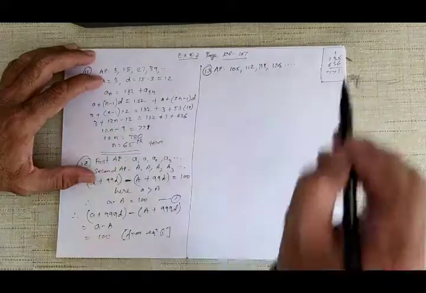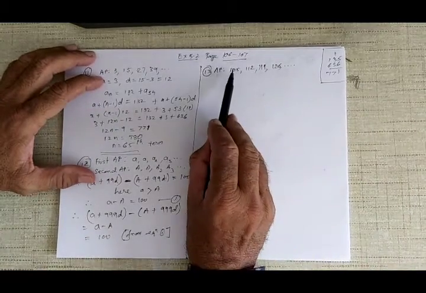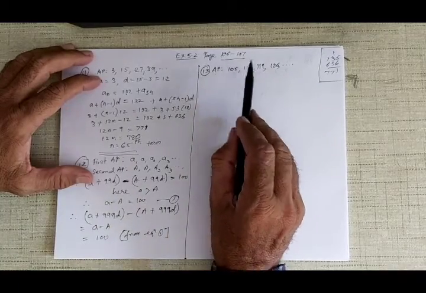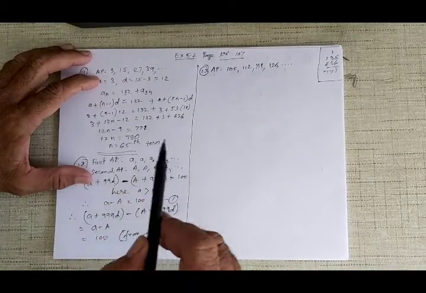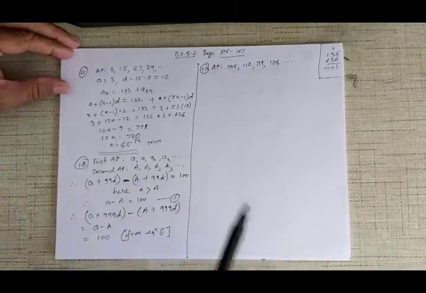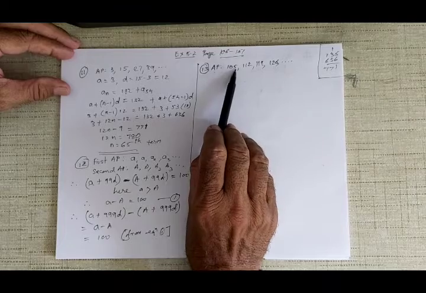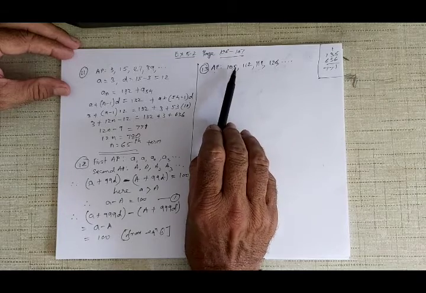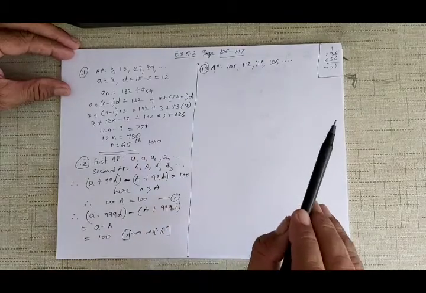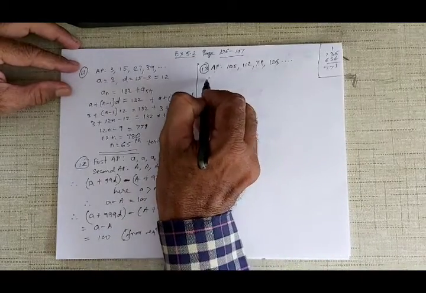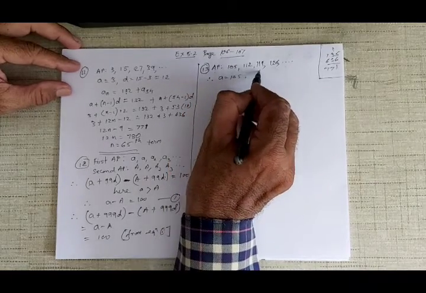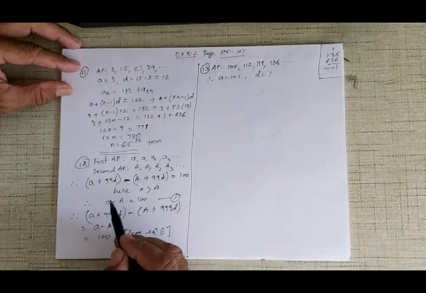Now you can see here that 105 is divisible by 7. 7 ones are 7, 3 left 35, 7 fives are 35. But 104 will not be divisible by 7. So the first 3-digit number, listen to this carefully, the first 3-digit number which is divisible by 7 is 105. Now it is to be divisible by 7, so keep adding 7. So you get an AP. Therefore the first term of the AP is 105 and the common difference is 7.